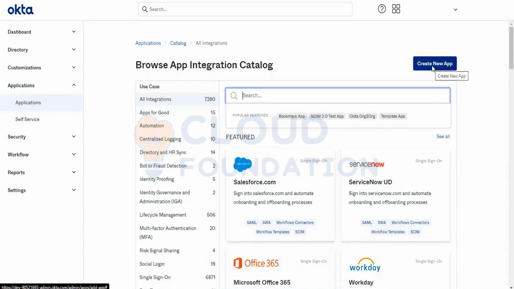Based on your requirement, you can switch to either a custom app or the catalog app, or catalog template app. That is available. It's completely from the admin perspective, and why we are asking you to go ahead with the